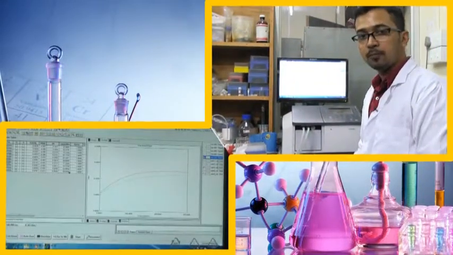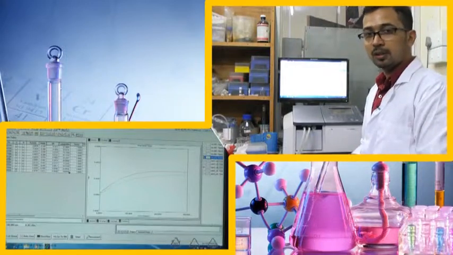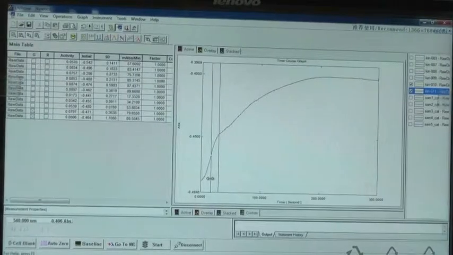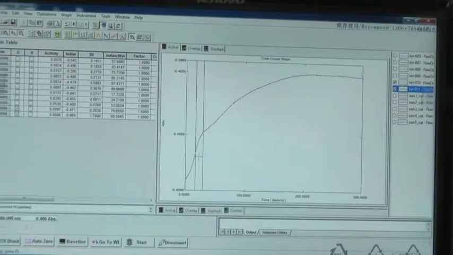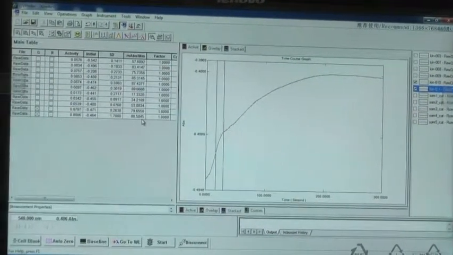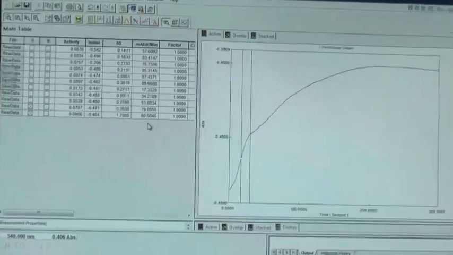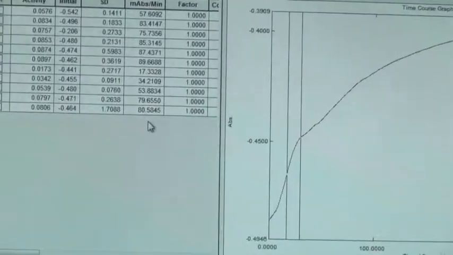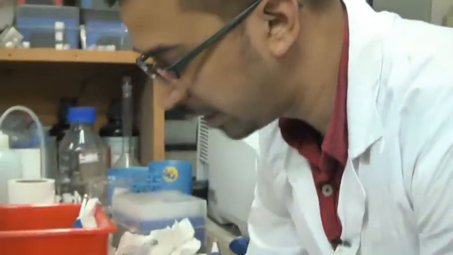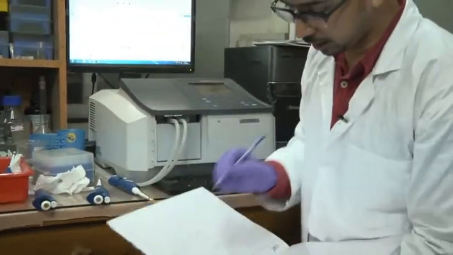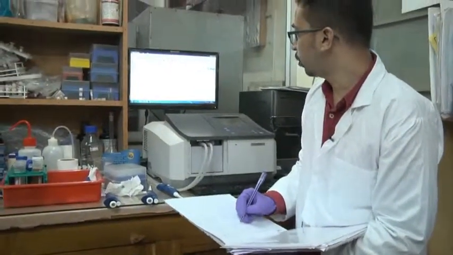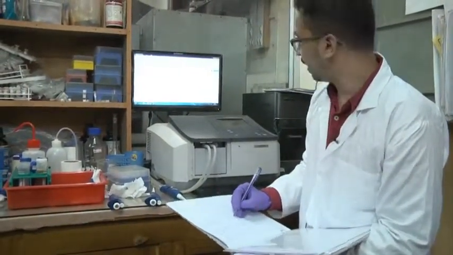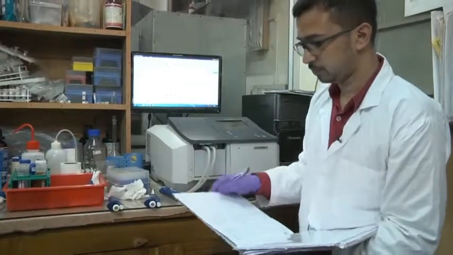Now, let us proceed and see what happens for 6 millimolar of catechol concentration. In this case, what we have seen is that it goes to a value of around 80.58, the milliabsorbance per minute value. So, previously, as we have seen earlier, it was 87, now 0.086 and it is 80.58.